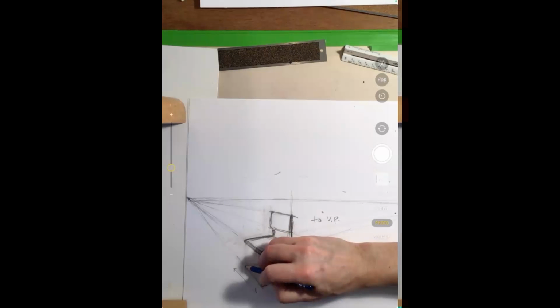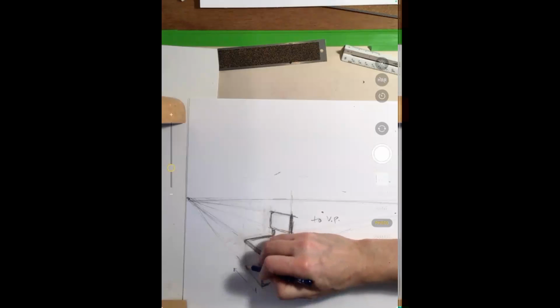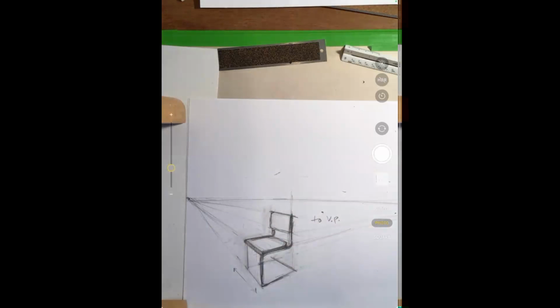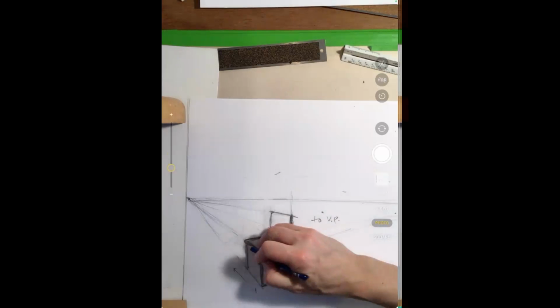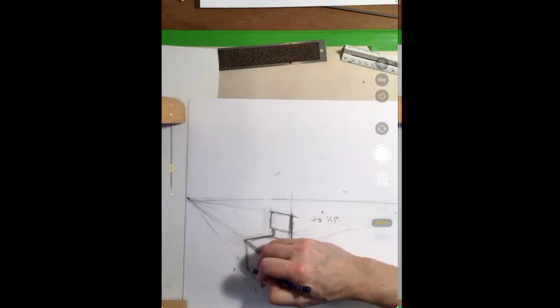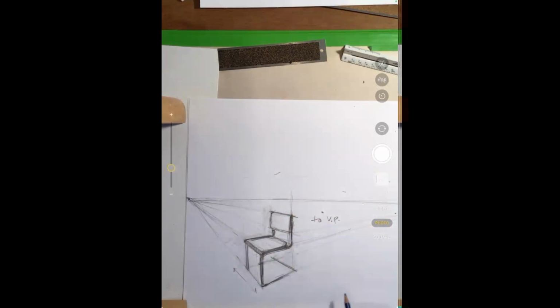If I just move the vertical line a little bit closer to this one, just down this guideline right here, I think I can get a leg that looks more accurate. It's not going to move much, but it sometimes really doesn't take much of an adjustment to make a difference